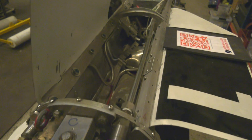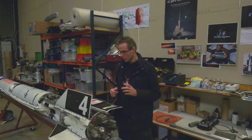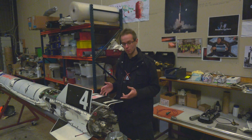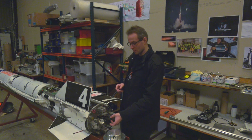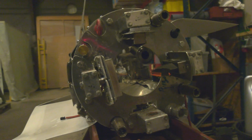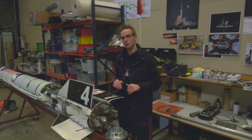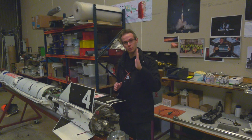And then for steering the rocket, we have a thrust vectoring system. On these rockets, we opted for an easy to implement thrust vectoring system. So what we have down here is jet vanes. They're small graphite vanes that sit inside the exhaust of the engine. And simply by turning these vanes a little bit, you can divert part of the exhaust in one direction, and that way you can make a torque on the rocket, and that way you can keep it flying straight